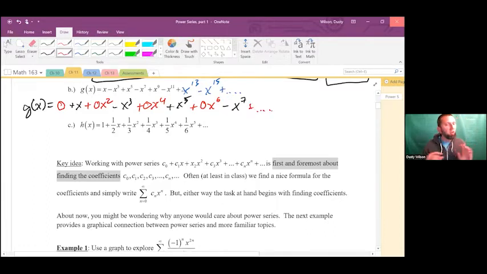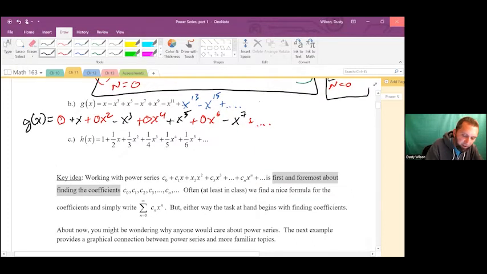Okay, so half of our coefficients are 0, and the other half alternate between plus and minus 1. So there's our power series. If we wanted to write this concisely, we would do it as follows. So we would say this thing is equal to the sum, and we know that our